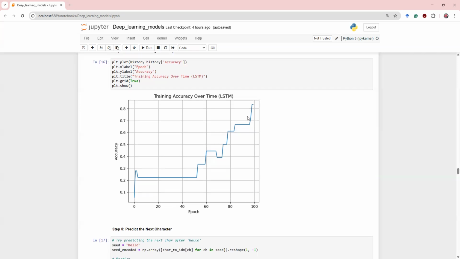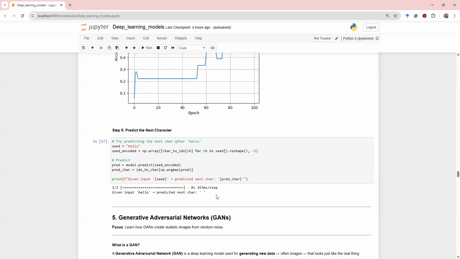And then we will do a prediction. And you can also do similar after this class. And this is just a starting point. Seed hello, and it's pretty similar to the last step. And the output is also space, which is correct. And so now we have learned, we